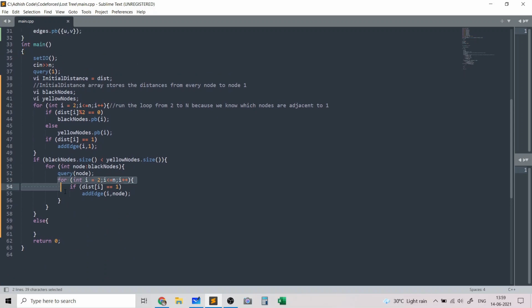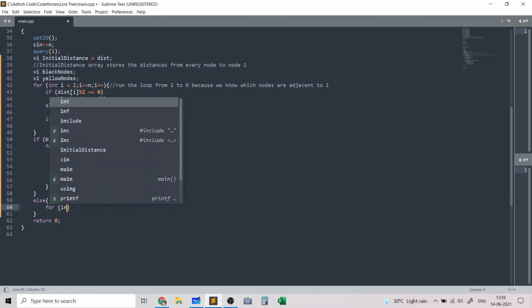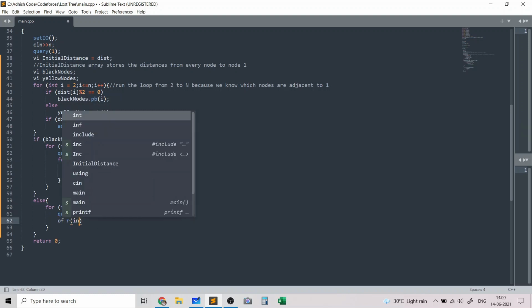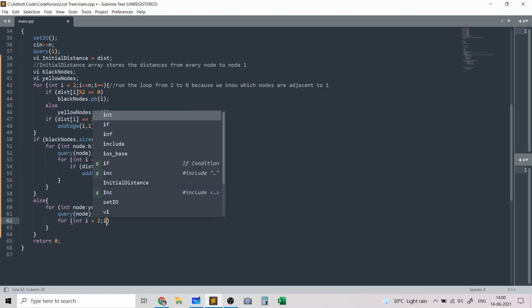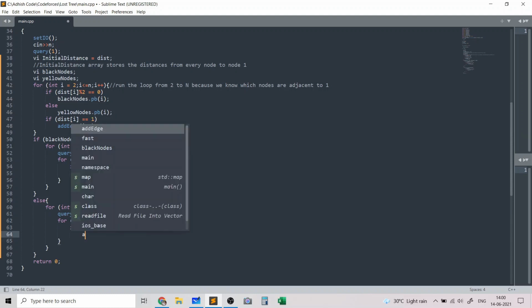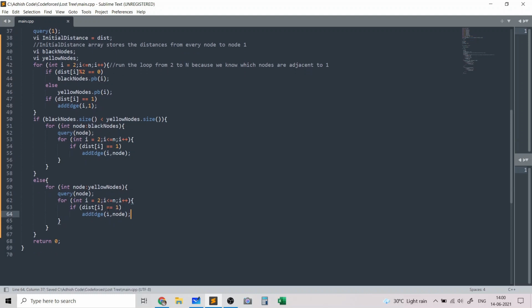And coming back here, if the distance is 1, then we add the edge. And we basically do the same thing for the yellow nodes when the yellow nodes are the set which we need to query, or the yellow nodes have a smaller size than the black nodes. And we basically do the same idea, which is adding the edges when the distance is 1.